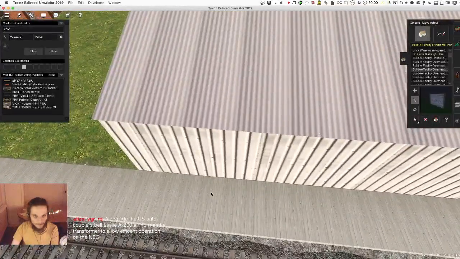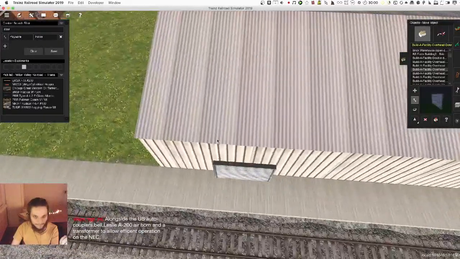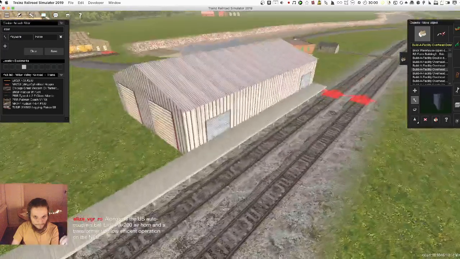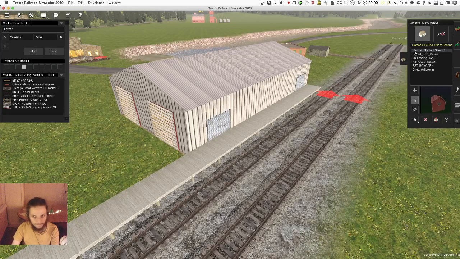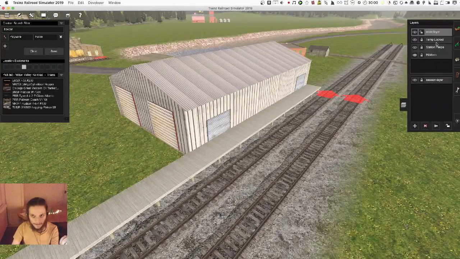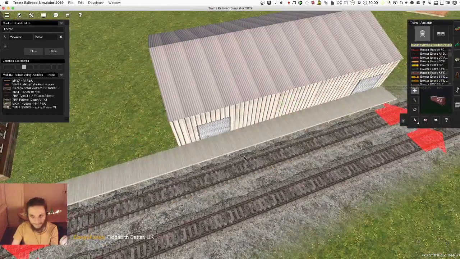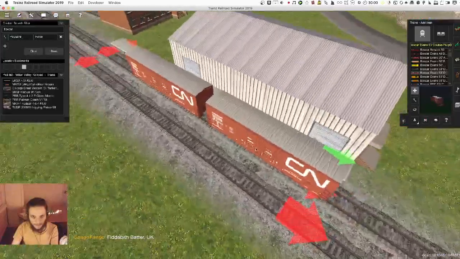Maybe I should line these up with boxcars. Oh, there it is. Alright, that's on the temp lock layer. Let's quickly unlock the temp lock layer. After all, it is only temporarily locked. Don't you know? And I think these ones...